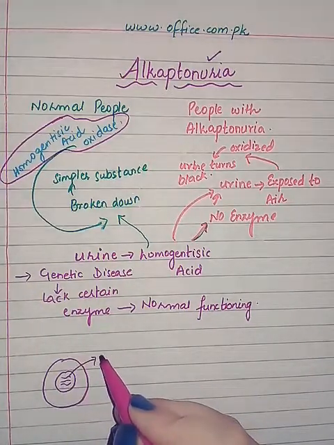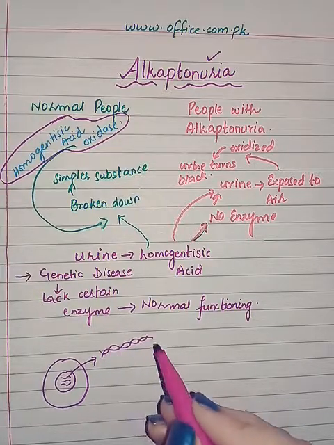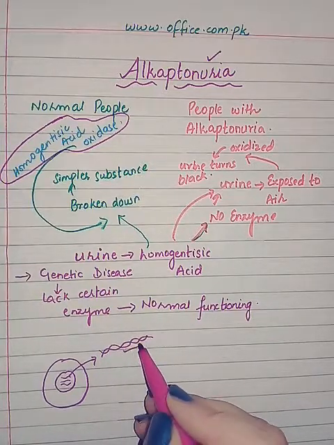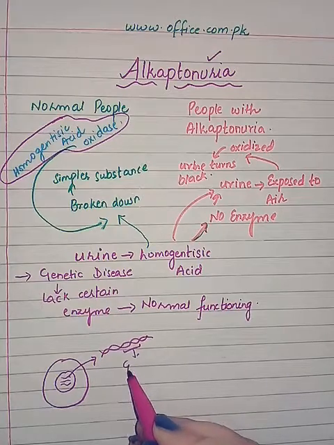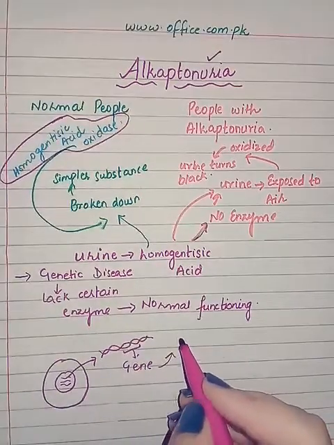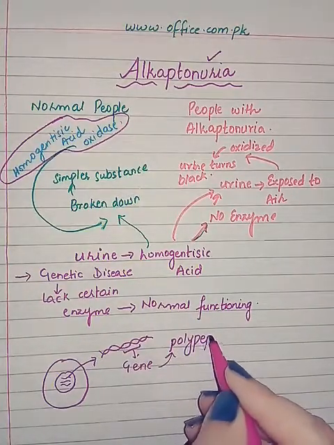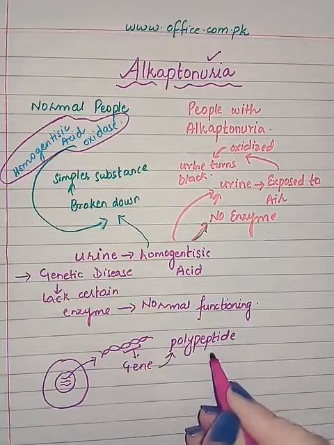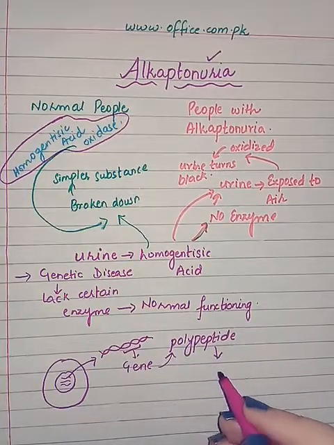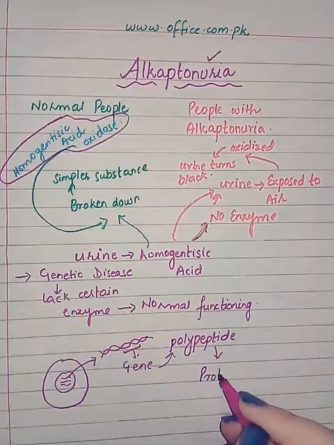When you observe a chromosome, you see the DNA molecule, and a section of the DNA molecule is the gene, and this gene is encoding a special polypeptide. Polypeptides give rise to proteins,